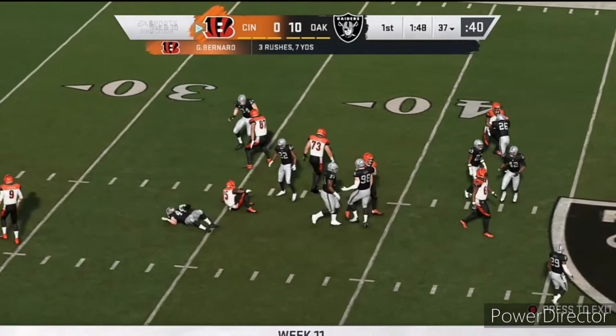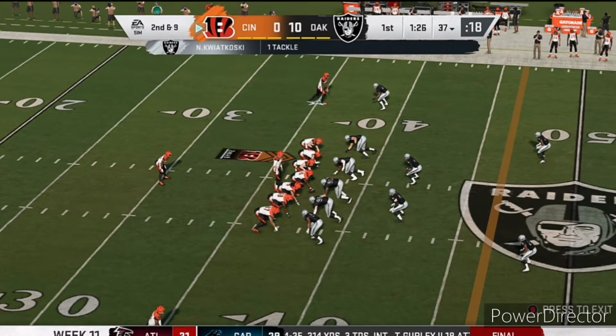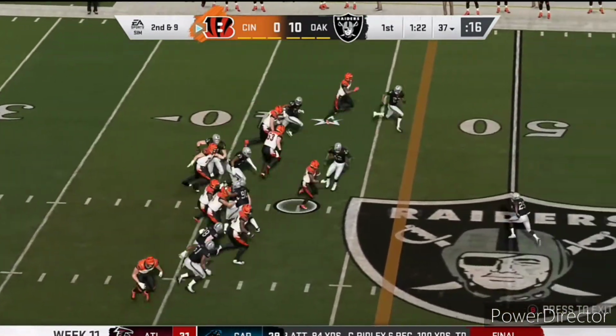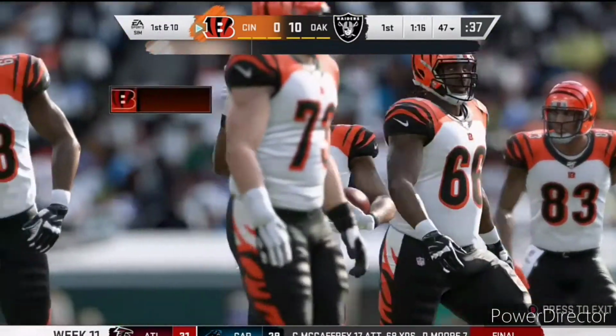and he goes nowhere as he only gains about a yard or two there, and now will make it 2nd and 9 from the 37-yard line as Burrow will be under center of Trey Hopkins and drops back and hands off to Bernard, and he will have a hole right up the middle for a first down carry there, and that will bring it up to 1st and 10 at the 47-yard line